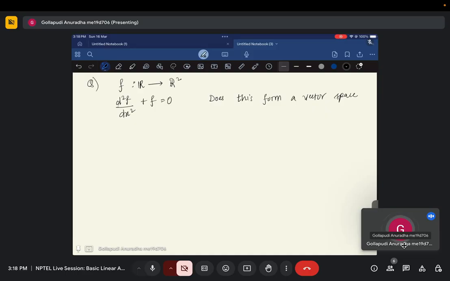So you just have to see that you have two functions f and g, and you have to check whether f of the addition is forming a vector space. Yes, it is a vector space. That's right. So you have to check these two conditions. So for this, d square of f plus g by dx square plus f plus g